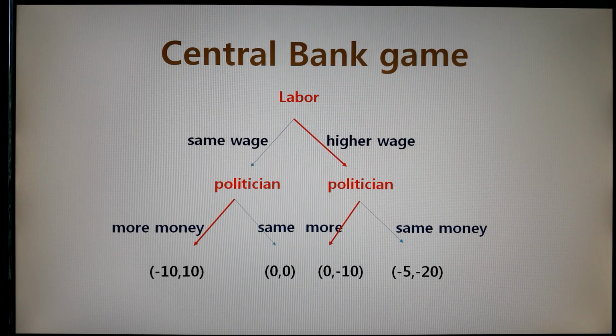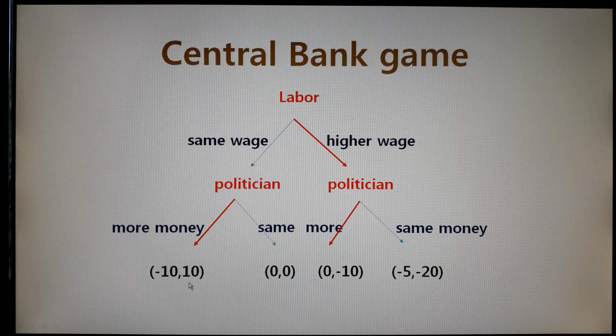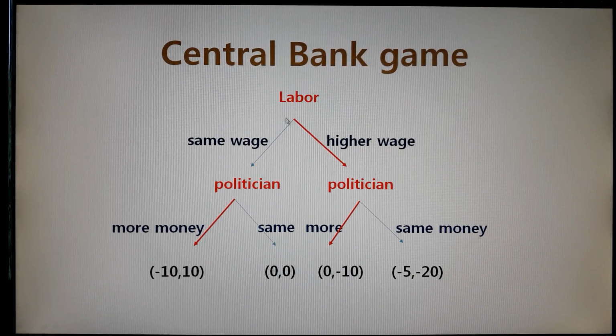Yeah, you cannot avoid it because of subgame perfect equilibrium. However, it would be a very sorry result for the politicians because they may give up the 10, okay? This is the best thing for the politicians. However, you cannot do that because the labor union would never accept -10, so you cannot persuade the labor union,